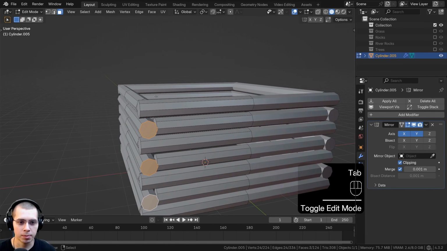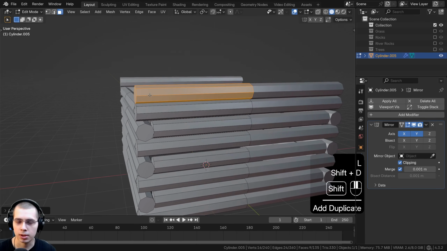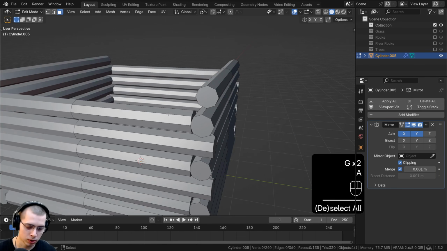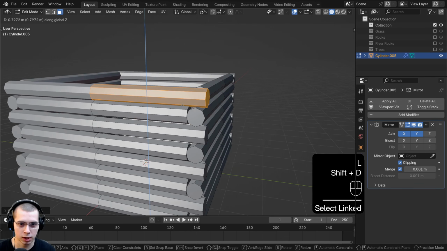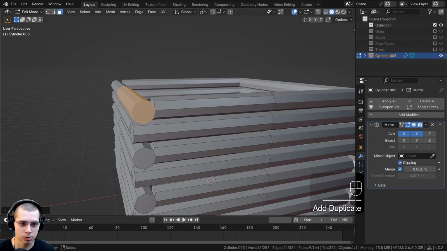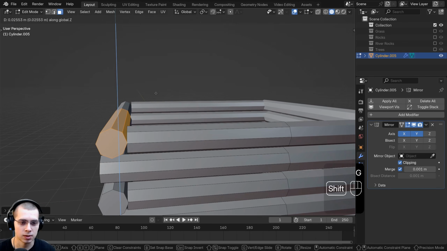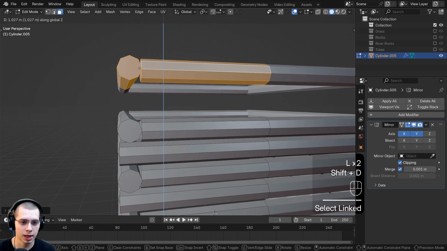Now on the very top here, I will go back into edit mode, just select this one and duplicate it. But then this one I'm going to pull back a little bit just like that. And then I'll just duplicate one more. So hit the L key to select the entire log and duplicate it and move it up. So we're actually going to have 8 of them. But this one on the top here, we're going to start to have it going back in so that we can have a slanted roof. So let's hit the L key to select both of these objects, and we'll duplicate them and move them up